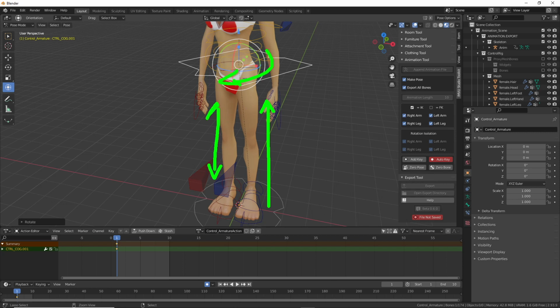Well, no, it's actually pulling that one up as well, because their length is fixed. So if you just twist without paying attention to what's going on down here, the feet will move. So what you have to do is, in the same way that you would in real life if you're doing this,